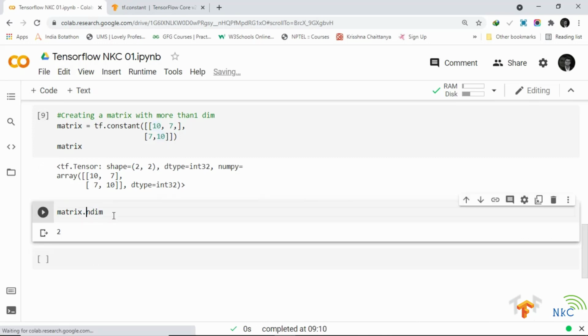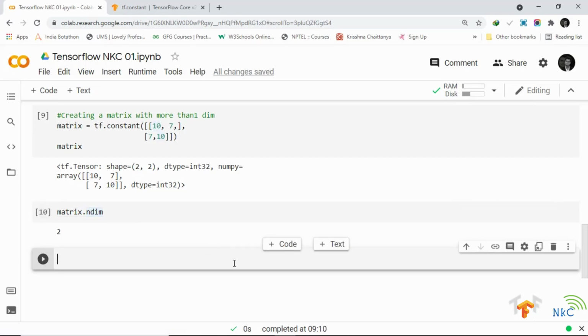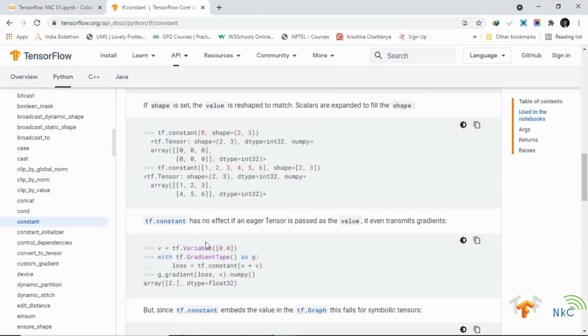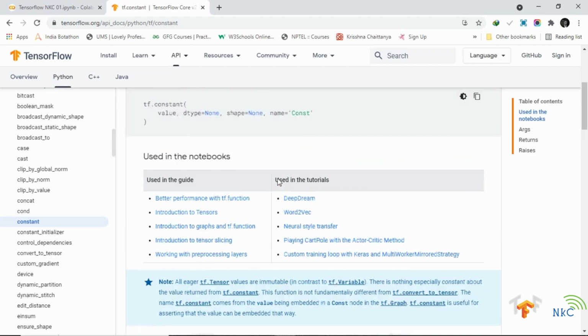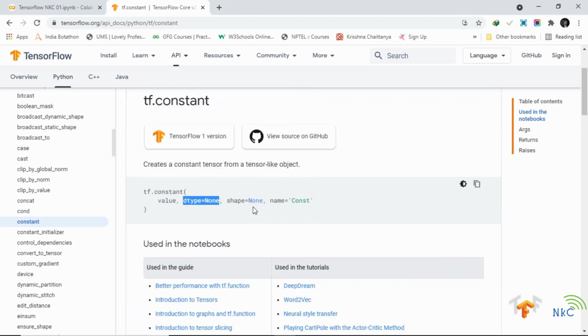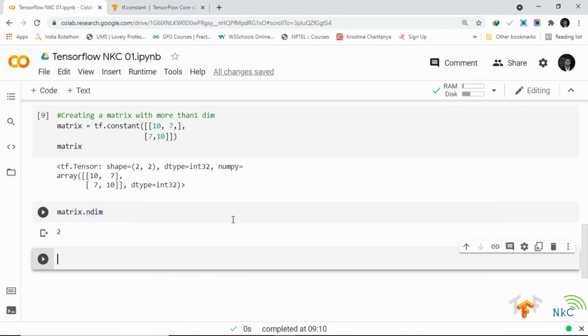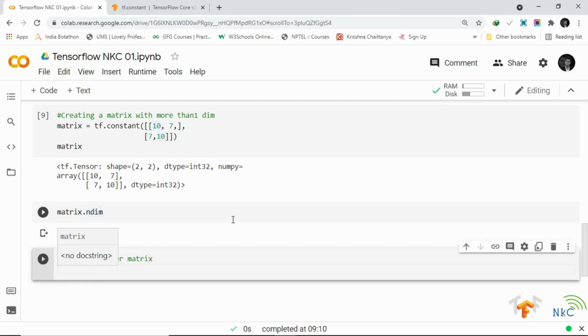Alright, now let's create another matrix. But this time we are going to try out specifying the data type. So if we go here, dtype, that's what we want to try and use. Let's try and do that. Create another matrix. Now another_matrix equals tf.constant, and what do we want to put in? What are your favorite numbers? I'm going to do my favorite numbers again, 10, 7.